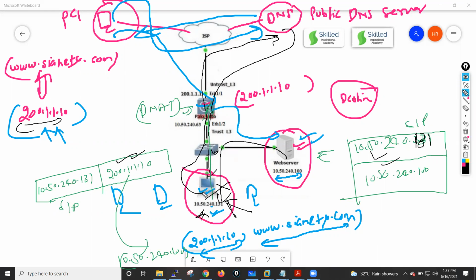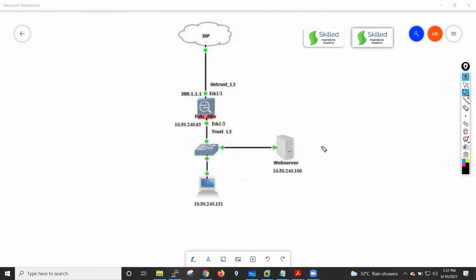Now, what is the solution for this one? This server is hosted over www.crnets.com, and the public IP address for crnets.com is 200.1.1.10. Either we can introduce one local DNS, LDNS, here.